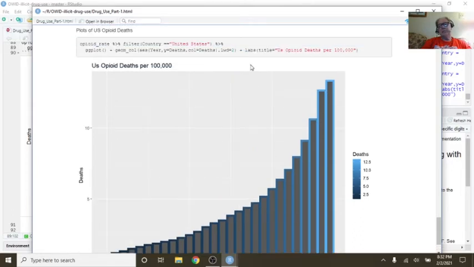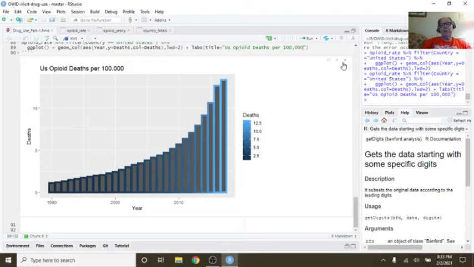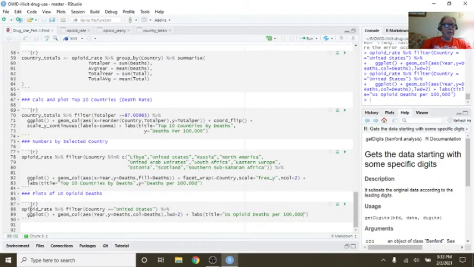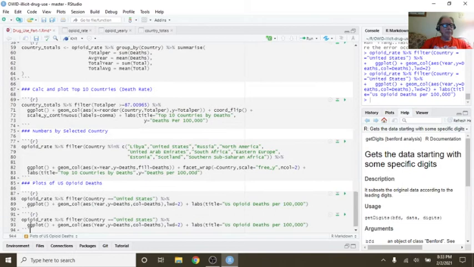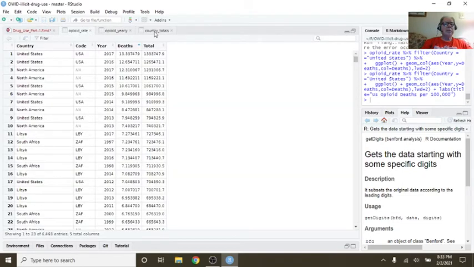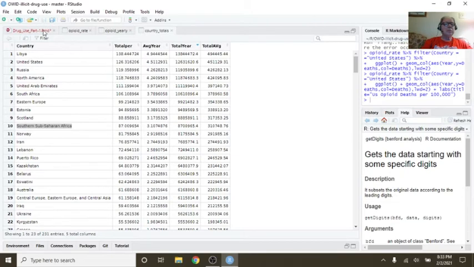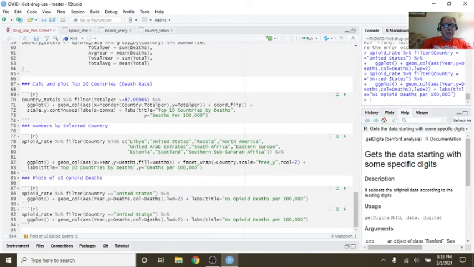All right, so this would be 12.5 deaths per 100,000. You know what? Let's just come back up here and do one more thing. Let's just come down here and do a total.